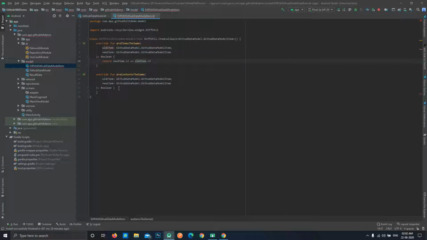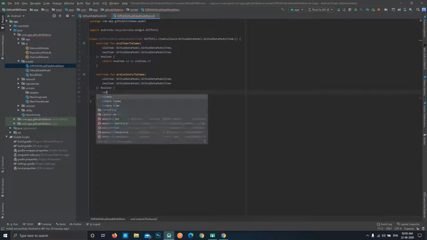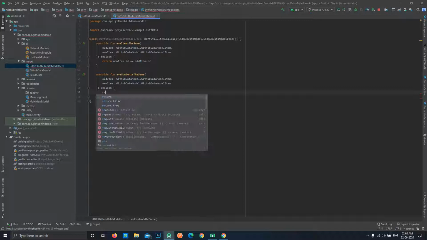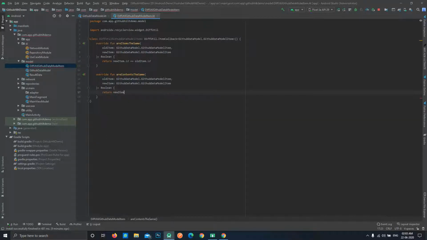Now once the first function returns true, it will need to check the second function. Like in this case, if it returns true, it will then check this function. So areContentsTheSame will check the whole content of the item. In this you can simply return newItem equal to oldItem.